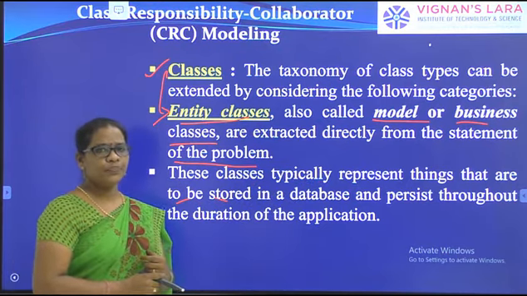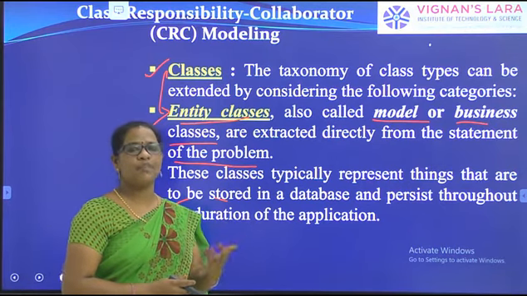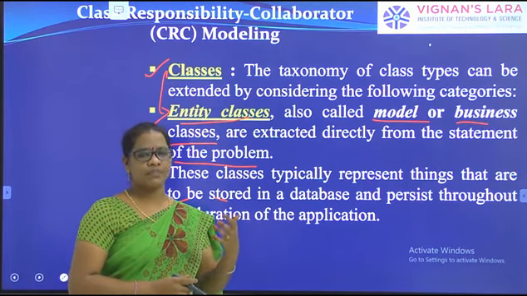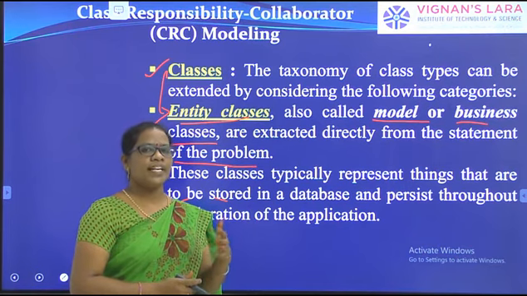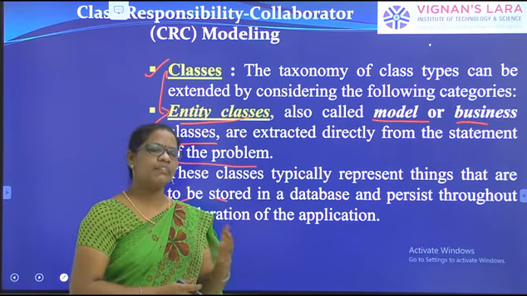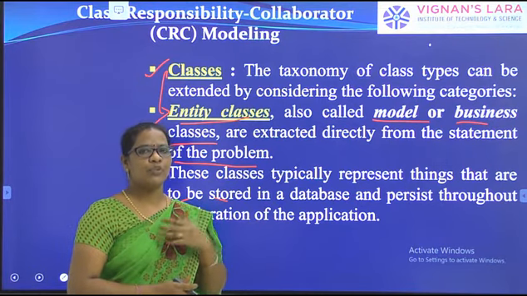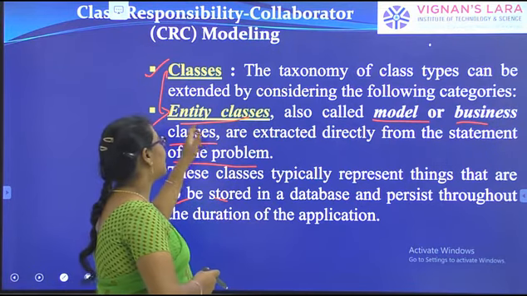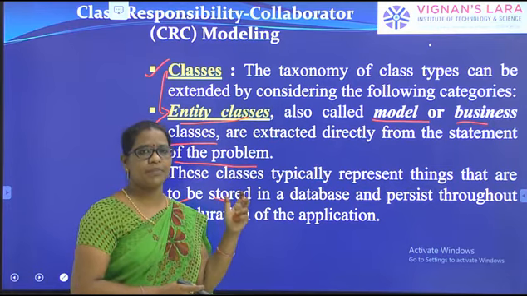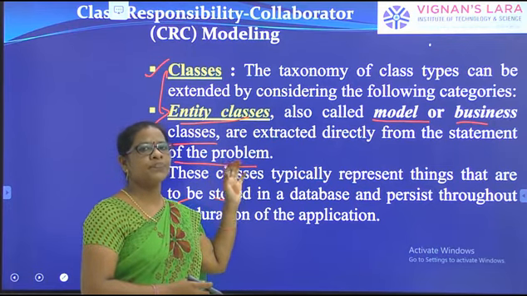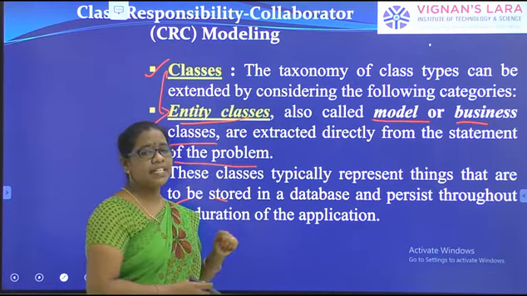So while developing a software product, we have to maintain some database. For example, for a website, what has to be stored in the database? What are the things we have to store in the databases? For that, the entity classes and entity relationship diagram we have seen in the previous session. Those diagrams will be drawn from these entity classes.